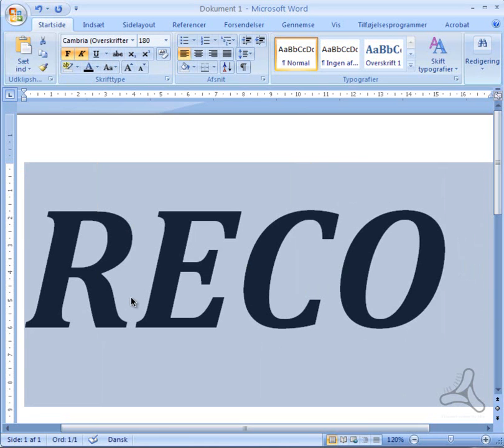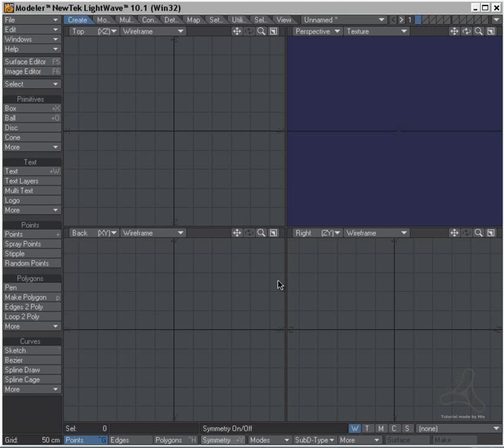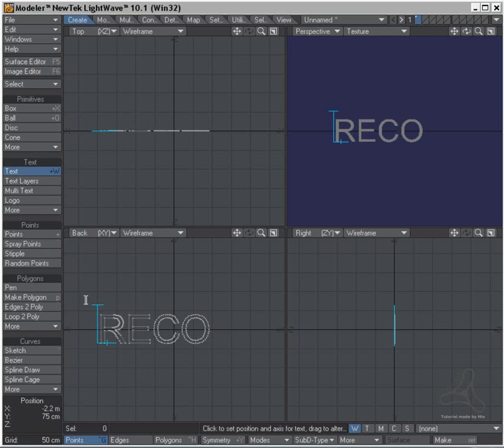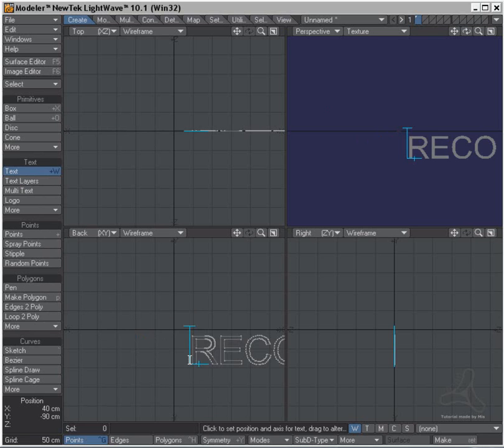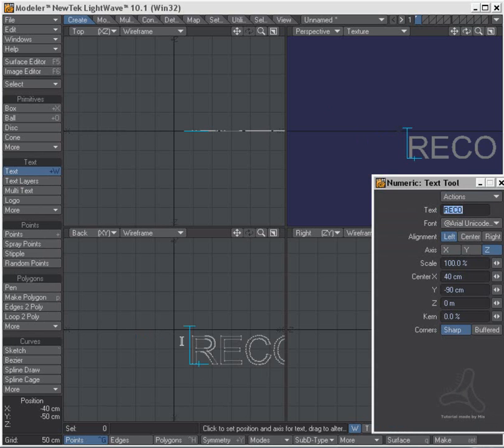which is why I'm showing Word here. The problem is here that while you see here, I can do this with a bold and with an italic font. If you go into Lightwave and you test and you type here and you say Rico, and oops, I need the numeric panel here,